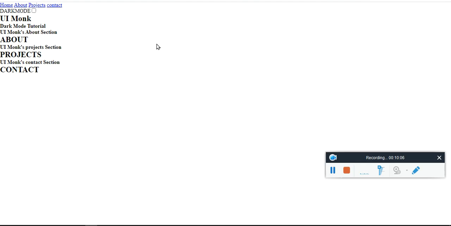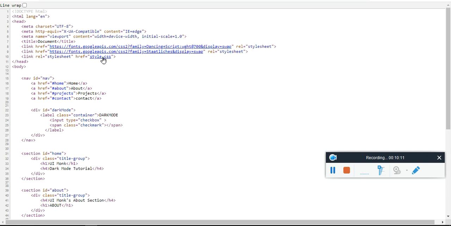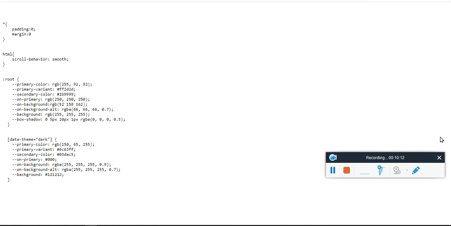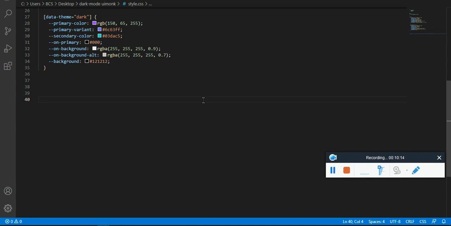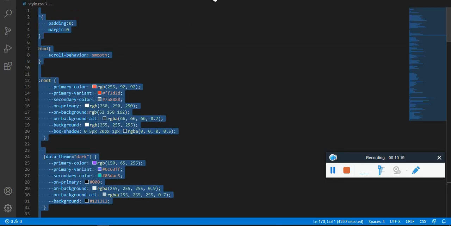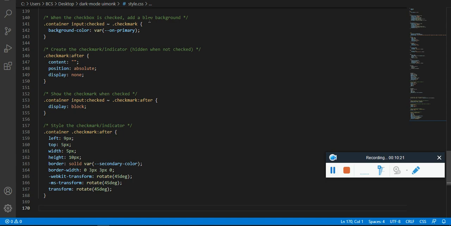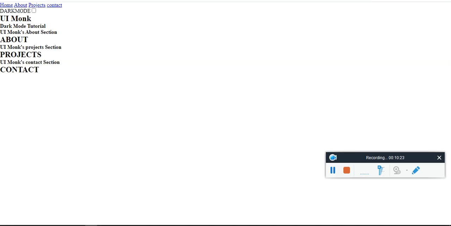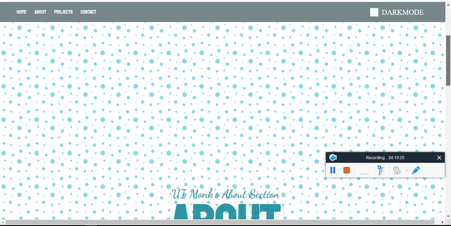Fine, done saving. Style.css is properly linked, but the data is not saved. So let me copy all the available data and paste it. Now if I refresh, you got it.